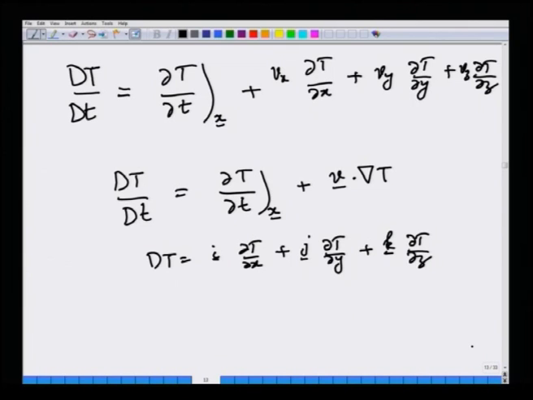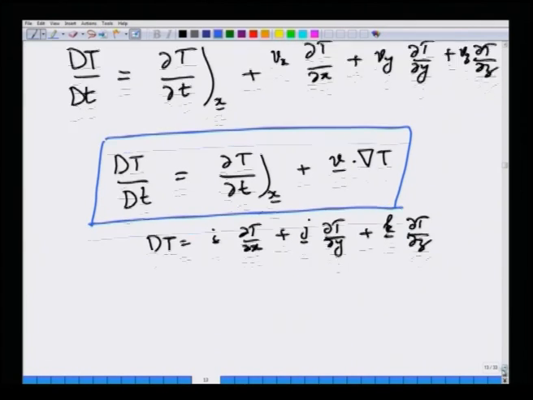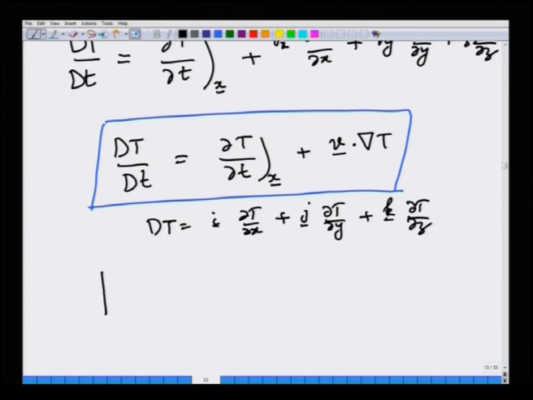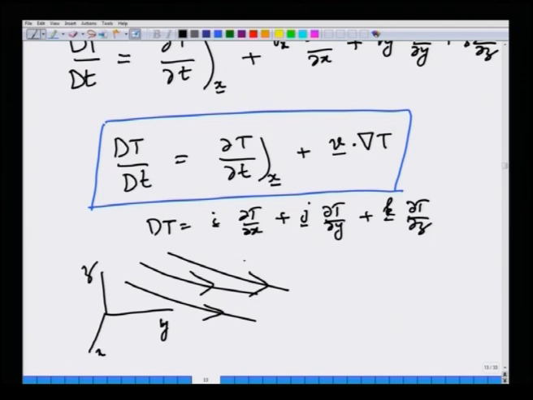Familiar from the gradient of any scalar field in vector calculus, like this. So, this is the substantial derivative of temperature. Again, what this means in the Eulerian context is that suppose you have an Eulerian frame of reference in the lab, and let us say fluid is flowing in some arbitrary way, and you are sitting at a point in the fluid, and you are putting a thermometer and you are measuring temperature, and